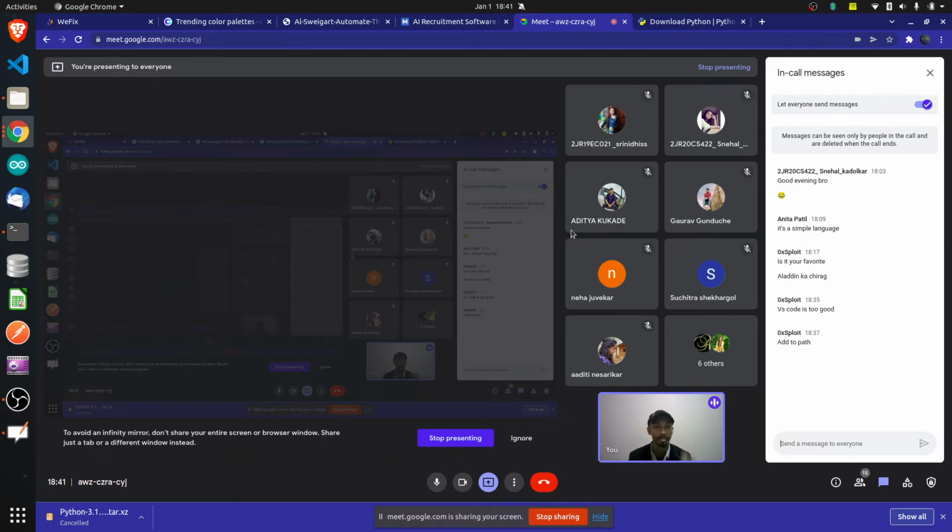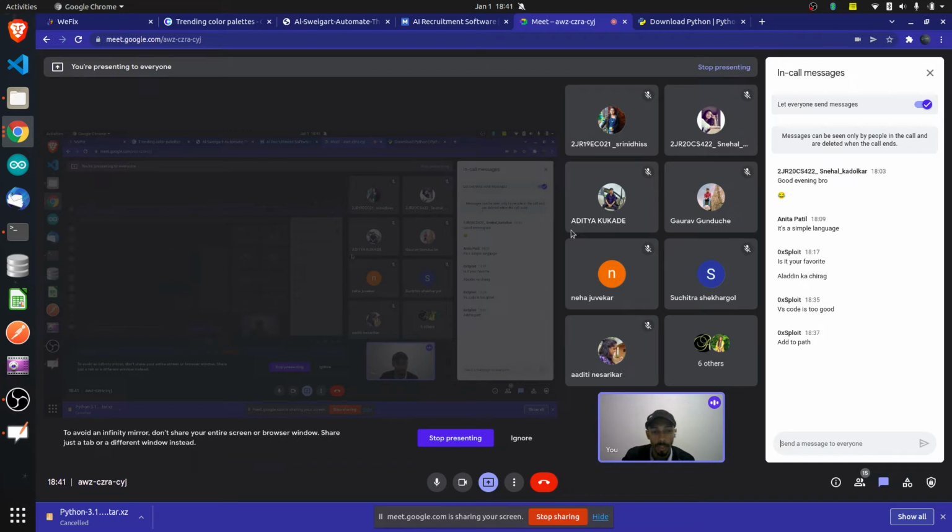I hope you understood the requirement of adding to path. What is actually add to path? Add to path just means telling the computer, hey, I have installed Python at this folder, but can you give me the permission to run Python from anywhere else in the computer, from any folder. That's it. If you do the add to path, then only it will work, or else it might give you an error.